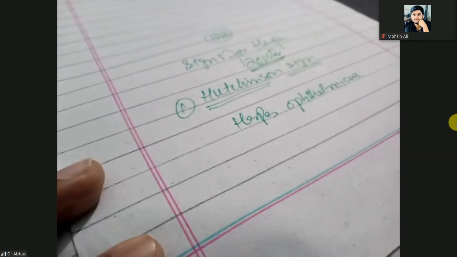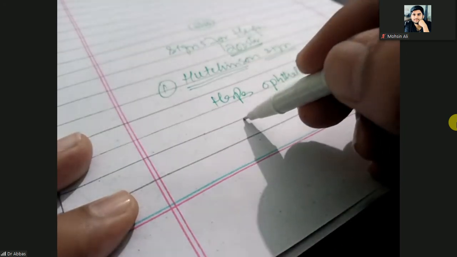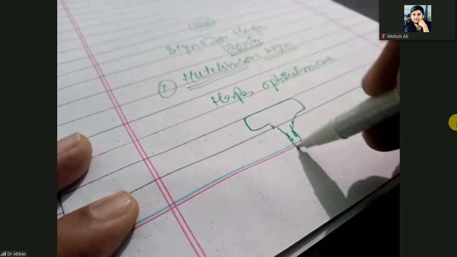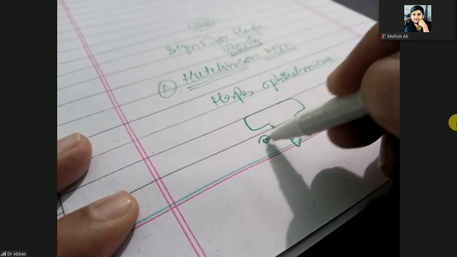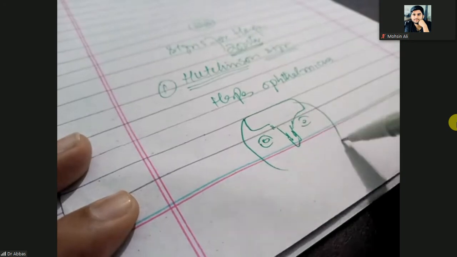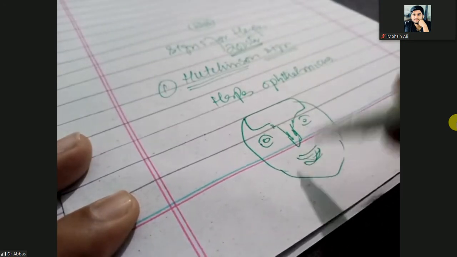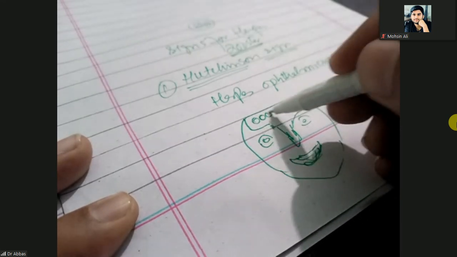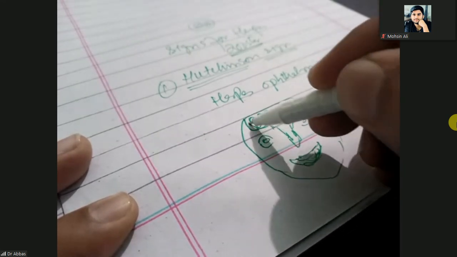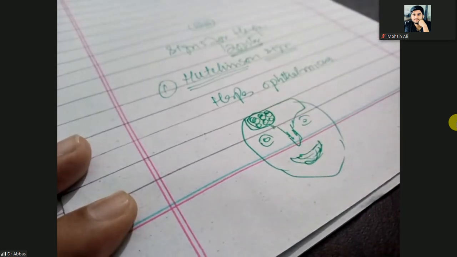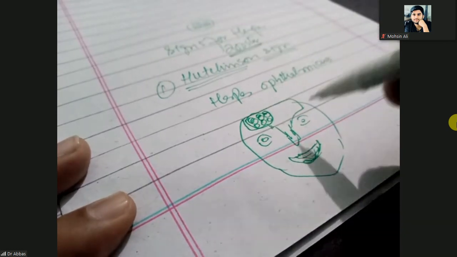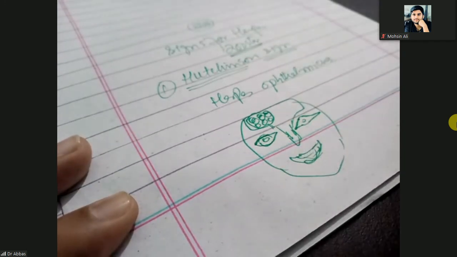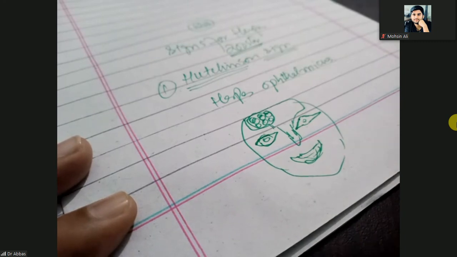You want to check it. I will tell you the procedure. Here is the forehead. Here are the nose and the eyes, your face and mouth. If the shingles are present on the forehead and the patient is presented to you, there are some lesions or vesicles on the forehead. So how will you know whether these vesicles can spread up to the eyes? There is a thumb rule, the Hutchinson sign.